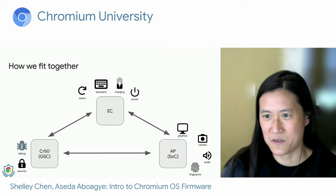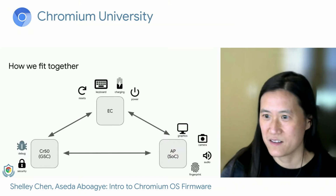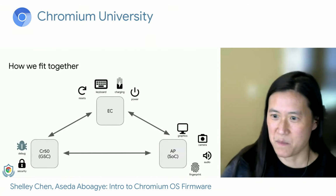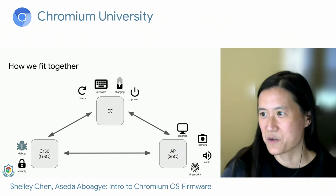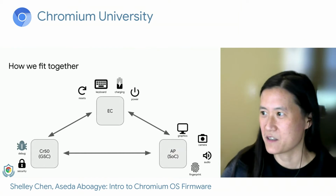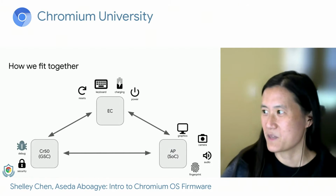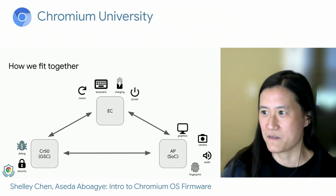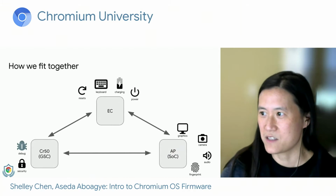So I wanted to first give you guys a brief overview of how we fit together. So let's start with CR50. CR50 on the bottom left is the firmware that's running on our Google Security Chip, or GSC. It takes care of a lot of security features, like all the TPM functionality that the AP needs, in addition to taking care of hardware write protect. It also oversees something called CCD, or case closed debugging, which controls access to UART consoles for both the EC and AP, which we developers use a lot during development,